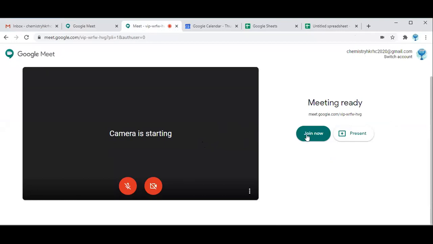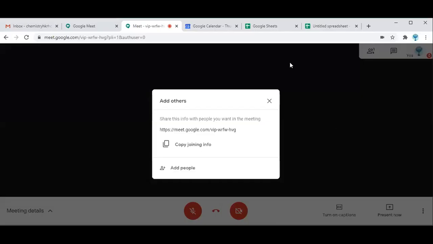So now clicking join now option. Now I have entered into this meeting, and if you want to add some other participants or students in this meeting, you can type their mail ID here or copy the meeting link and you can share it with your students or participants.